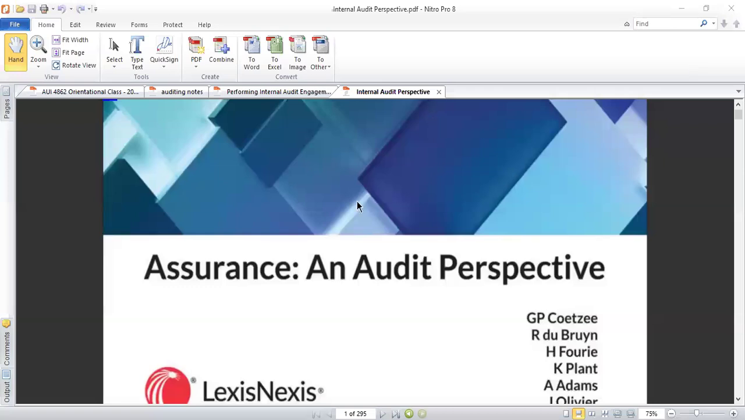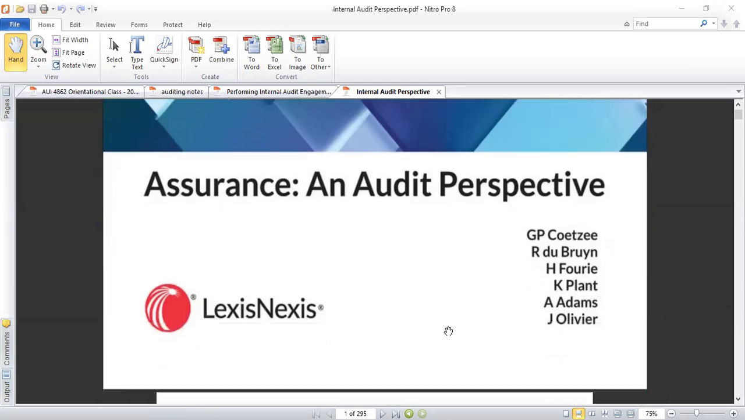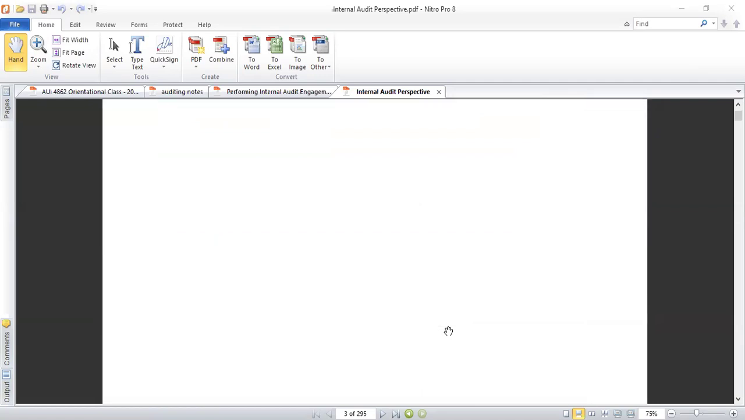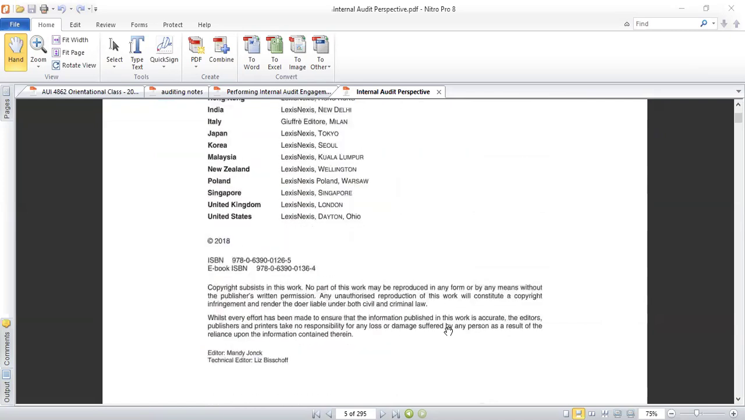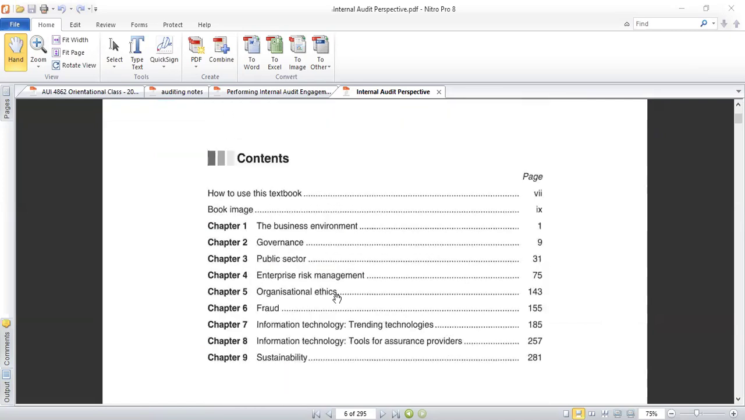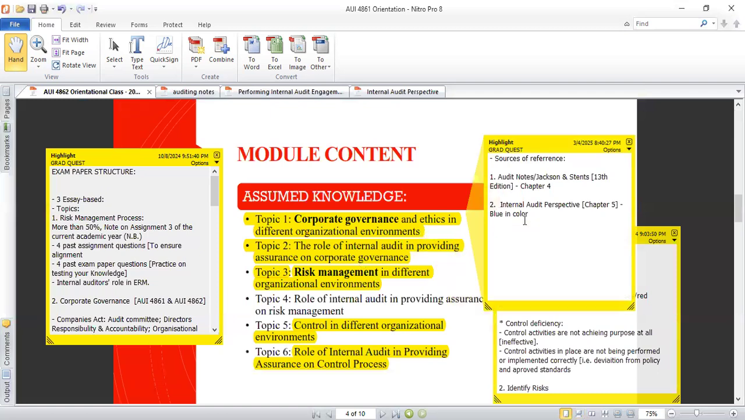Okay, so this is the textbook, Assurance and Audit Perspective. So basically, the way I said it, it's the internal audit perspective, right? Very important. This is the textbook of note with regards to topic number one, and more precisely, chapter 5 of this textbook. It deals with organizational ethics, as you can see. So it is one of those important chapters pertaining to topic one, corporate governance and ethics in different organizational